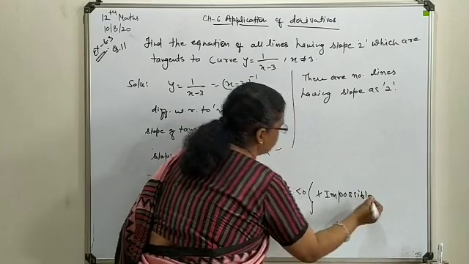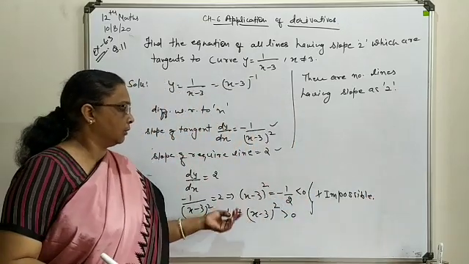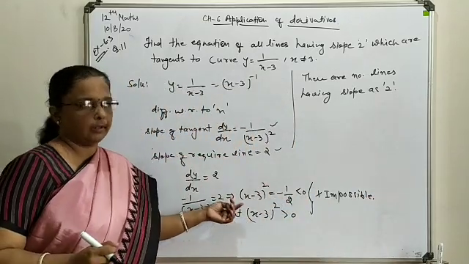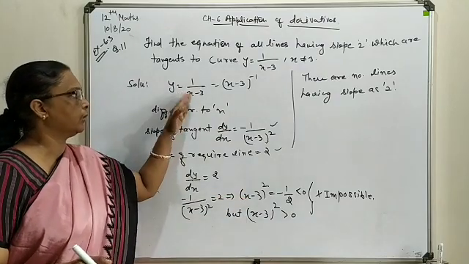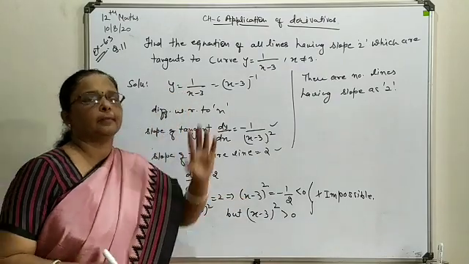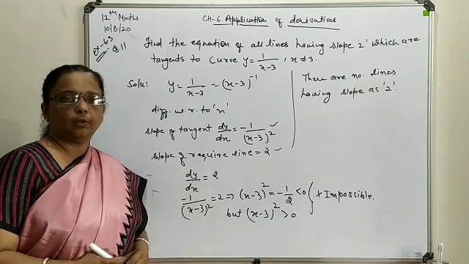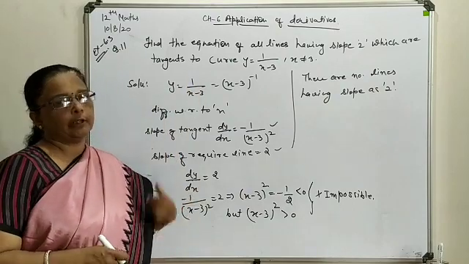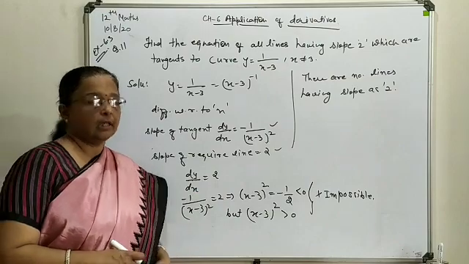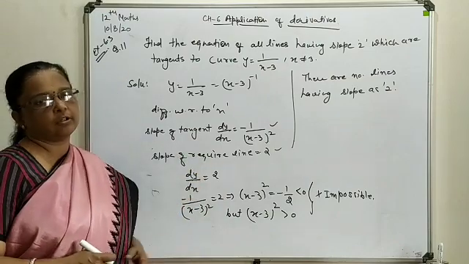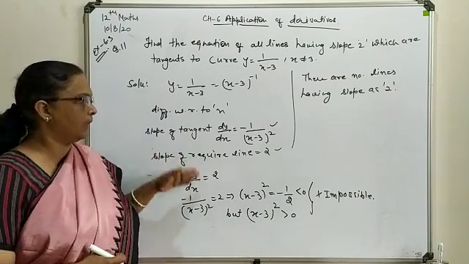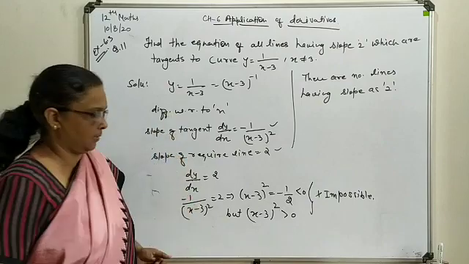If it were possible, we could follow the solution for x, and from the given curve y can be evaluated, and at that particular point we can find the equation of the line having slope 2, which we have already done in the last question. So this type of situation may also be raised in such cases.